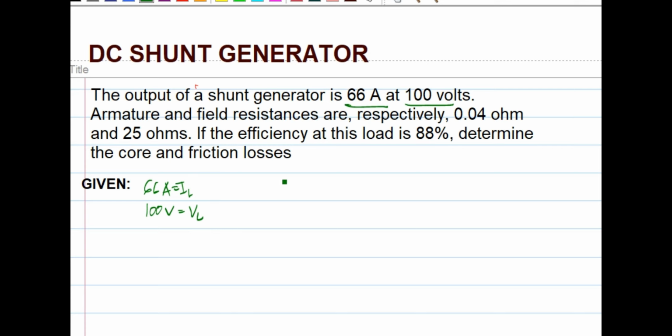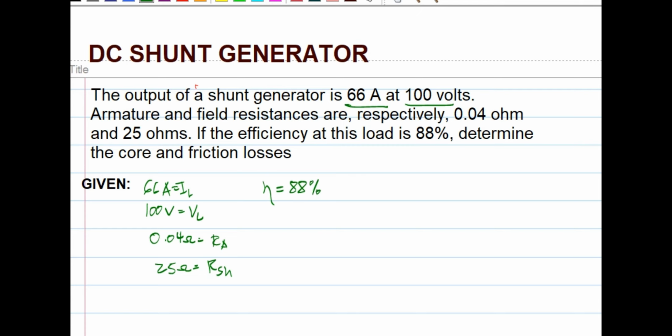The armature and field resistances are respectively 0.04 ohms as RA and 25 ohms as RSH. If the efficiency of this load is 88%,